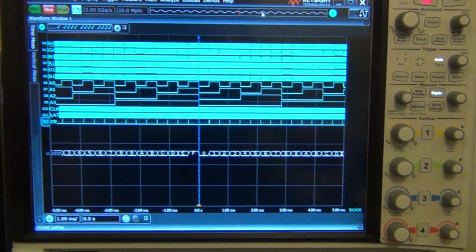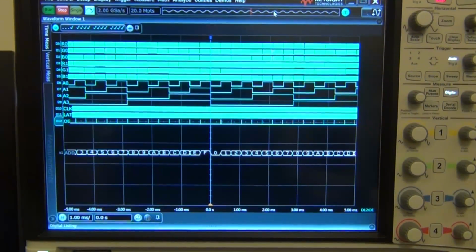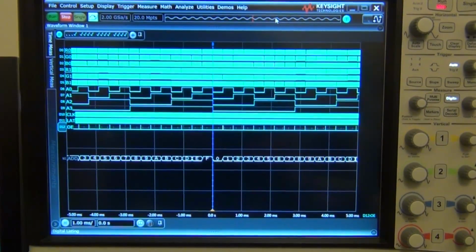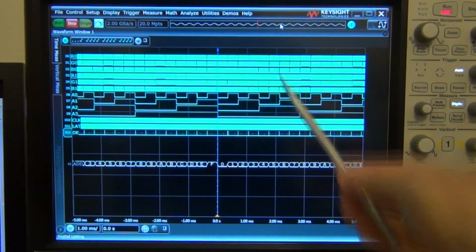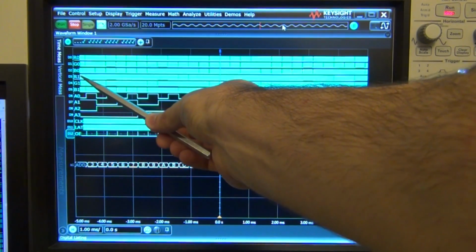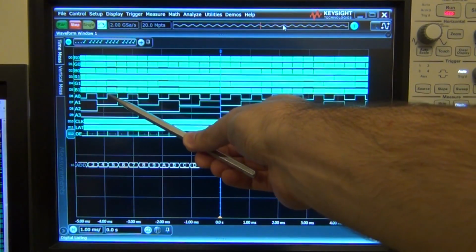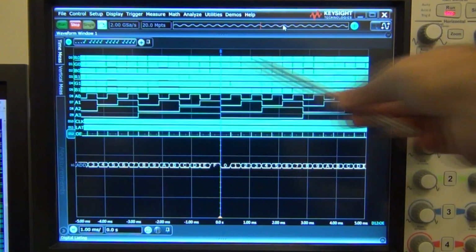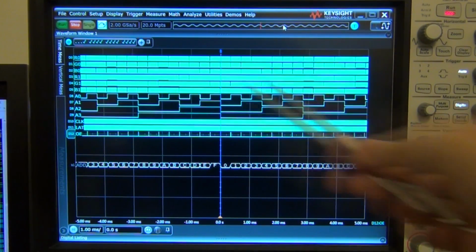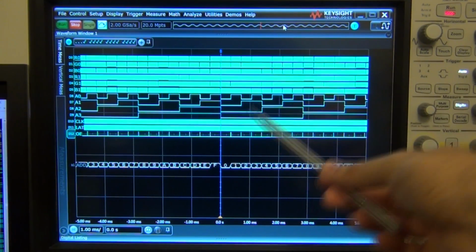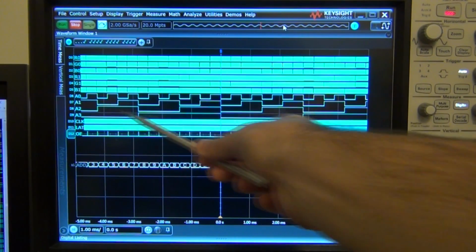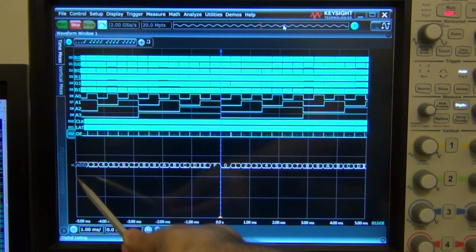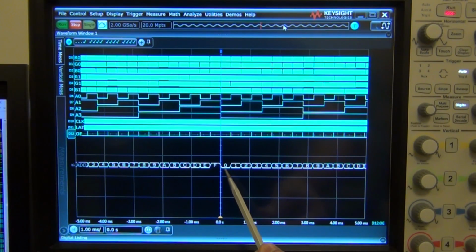So if I go ahead and take a look at the display, let me get this right in the frame for you, and guess what? We see exactly what Timo was talking about on the FPGA simulation software. I have put in the red, green, blue, the 6 lines, which are the RGB lines coming from the FPGA. You can see they're toggling quite a bit because I'm displaying the clock data, so they're random data being displayed there. You cannot discern them, but A0, A1, A2, and A3, which are the address bits, you can clearly see the address advancing, and I have defined a bus here showing the address going from 0, 1, 2, 3, 4, and 5. That's the different lines being written,